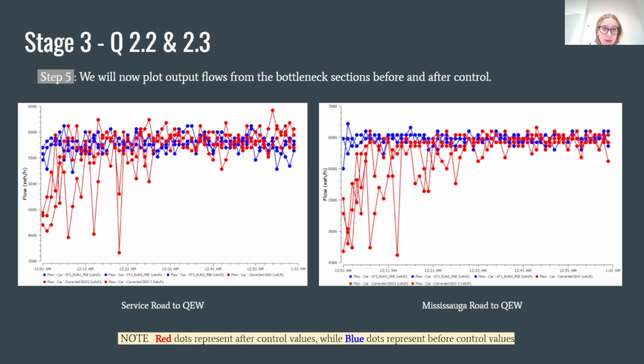Now let's move to step number 5. In this step, we plot output flows from the bottleneck sections before and after adding the control values. And the main pattern that we can see from both locations is that before adding the ramp meters, our values were